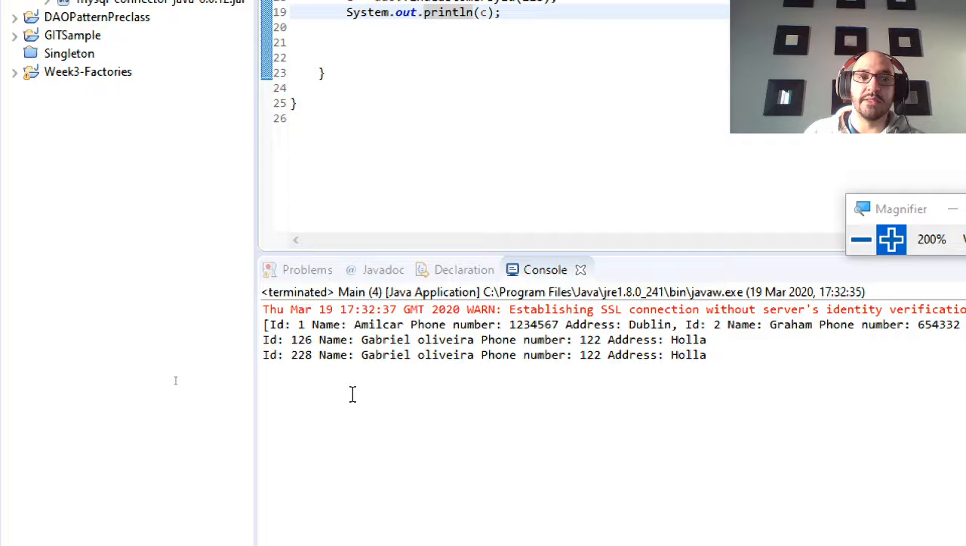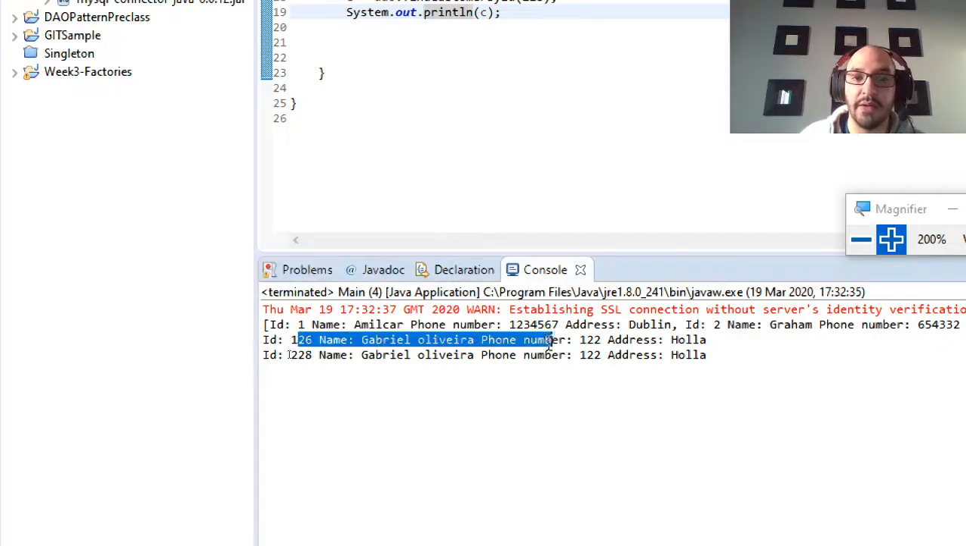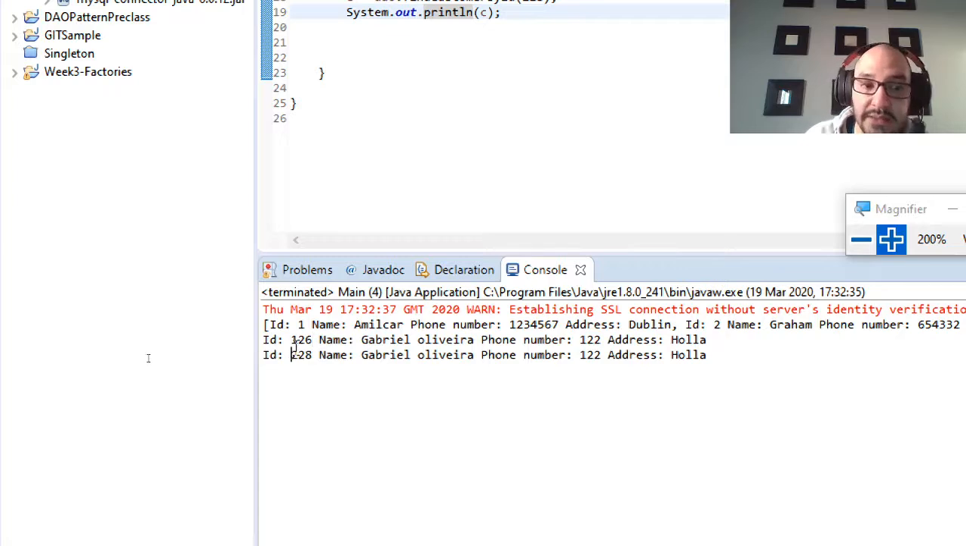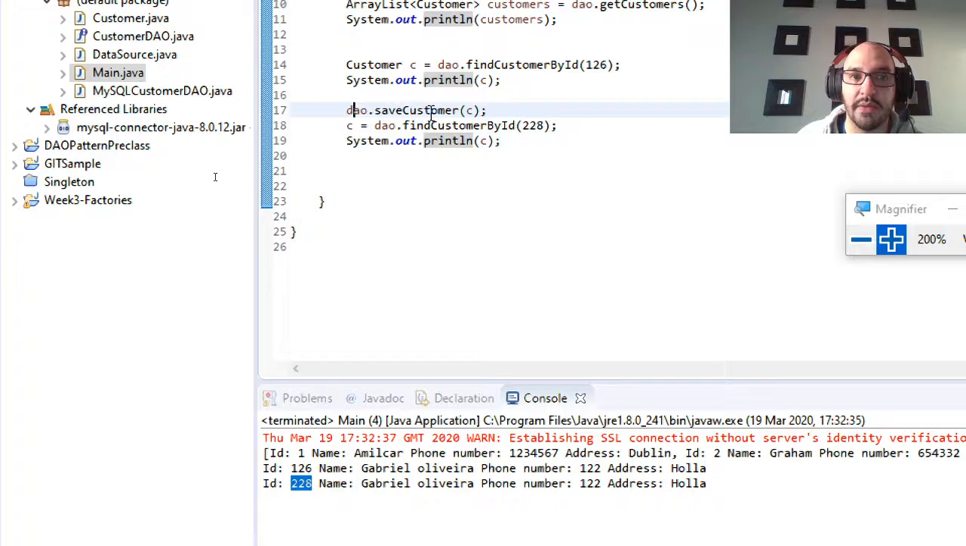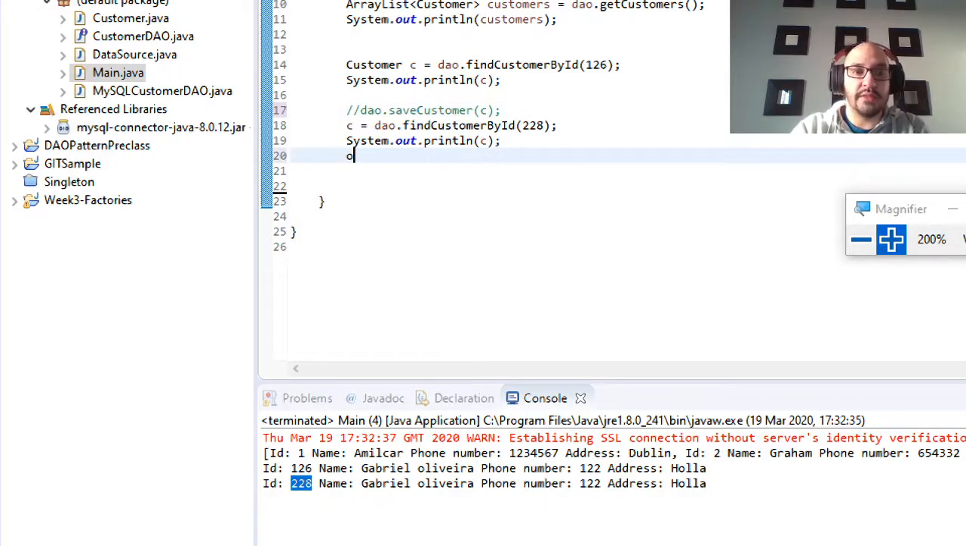There it is. So I can see the Gabriel Oliveira exists in the database as 126, but it also exists in the database at 228. I'm not gonna run this again because I don't want to keep populating the same value again and again and again in the database. But what I'm going to do is System.out.println the